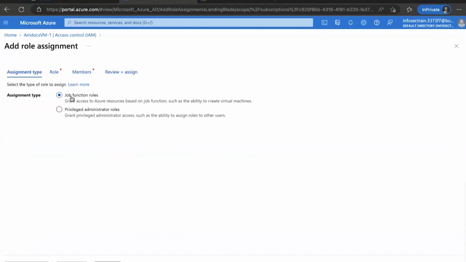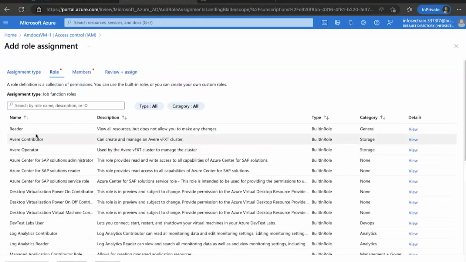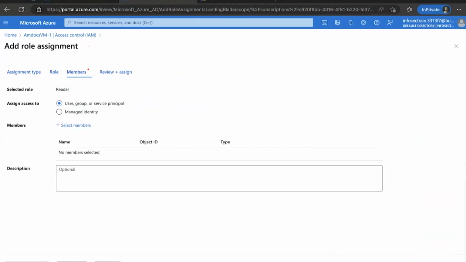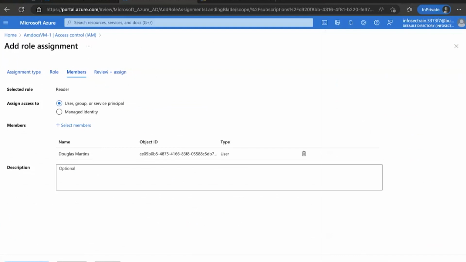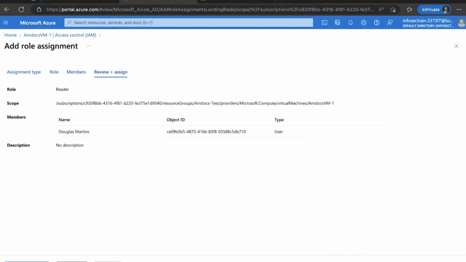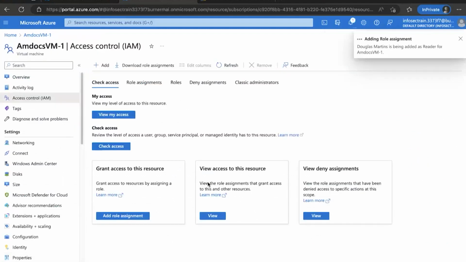You can give Douglas a role. Next, I will go and give just a reader role, right? Selecting the member, assigning it to Douglas, selecting the Douglas account over here. So for Douglas, I'm selecting this, going on to the next. Then I'm doing review and assign. And now after assigning it, please wait for at least 1 to 2 minutes, else this is not going to reflect back instantly into Douglas's account.